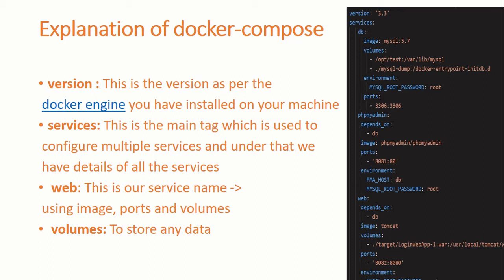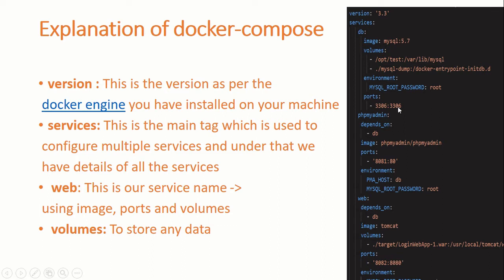In the MySQL dump, you will import all the SQL files, like all the tables which are the base of your application, and all the sample data, so that whenever the container is created, it will always have the actual sample data, and any developer is good to go. And in the environment, you will provide your MySQL root password details. This is a sample of the Docker Compose file. The original is present in the Git repo that you can refer to. And here you provide the ports.